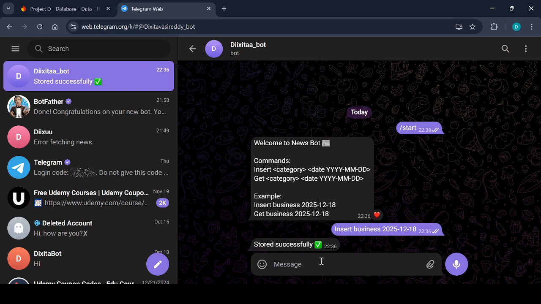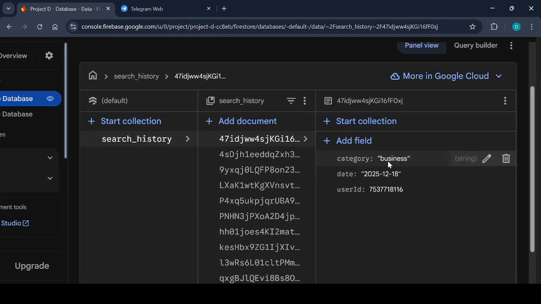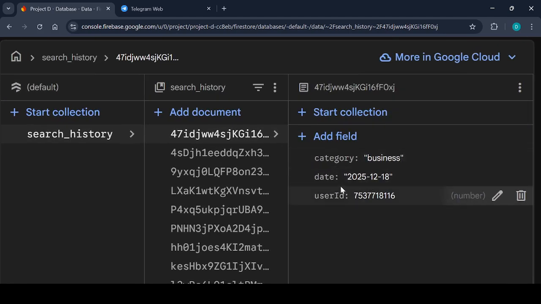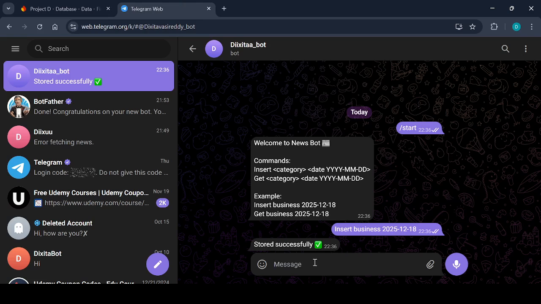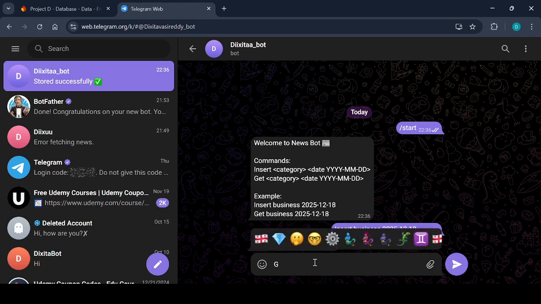Now I have stored my data successfully in the database. This is where it shows category, business, date, and user ID. This is how I store my data. And for get business,